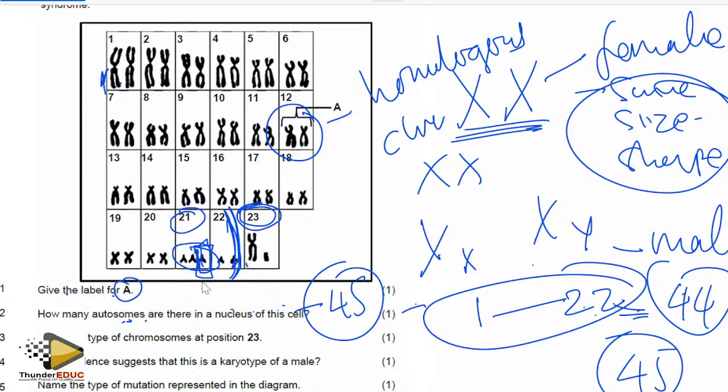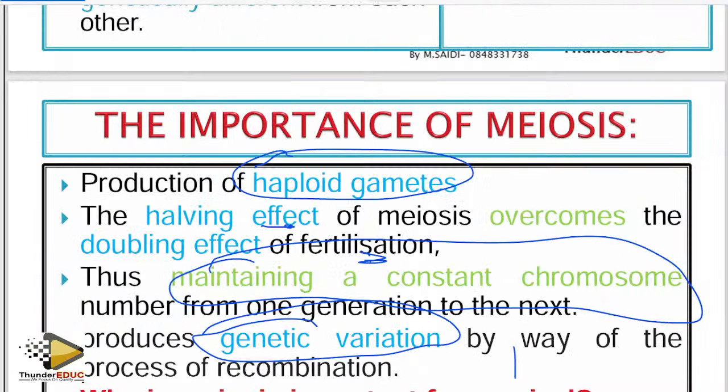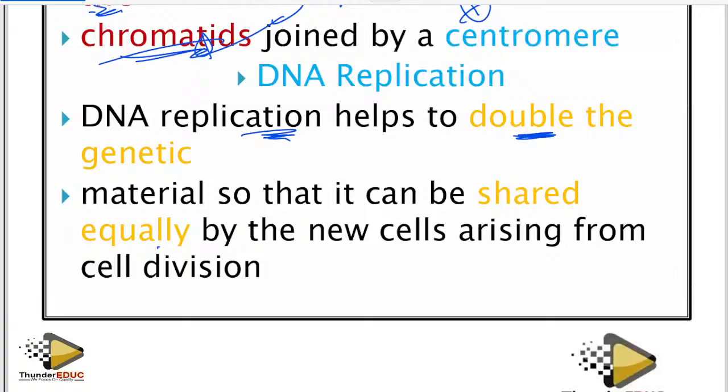Don't rush to give the answers, because if you rush, you'll end up getting wrong things. They're saying name the type of autosome or chromosome at position number 23. We call them gonosomes. We saw these from our book, from the distinction material, when I was explaining everything